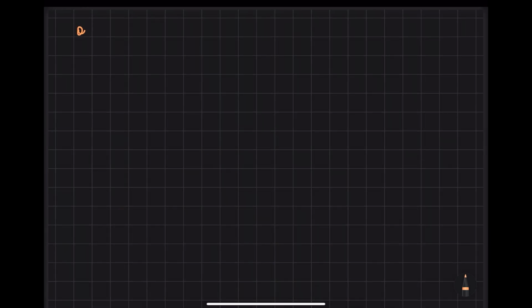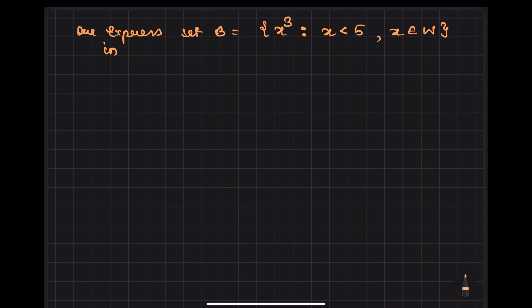So in the next question, express set B equals x cube. Now this time who is the element? x cube is the element. Okay. Look at this. Such that x is less than 5. So you know that there exist infinite numbers which are less than 5, comma, x belongs to W. W stands for whole number. Okay. So you have to use all the whole numbers less than 5 in